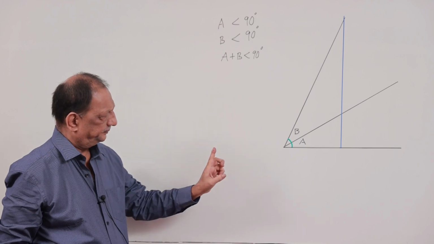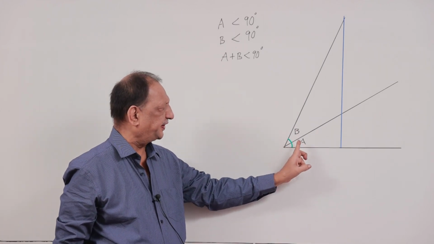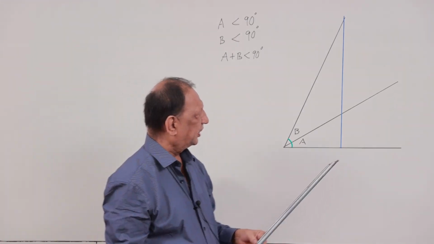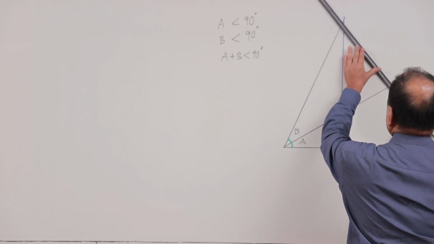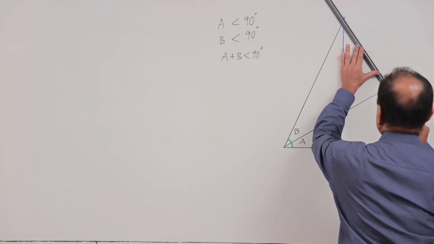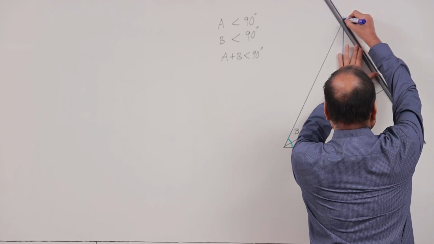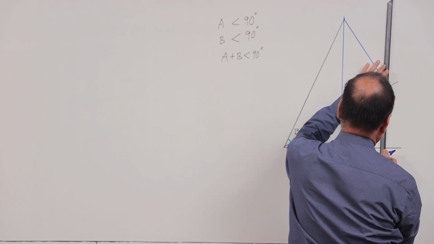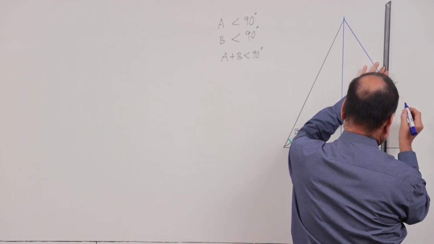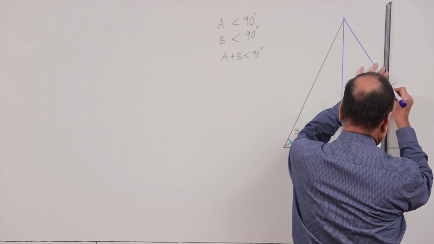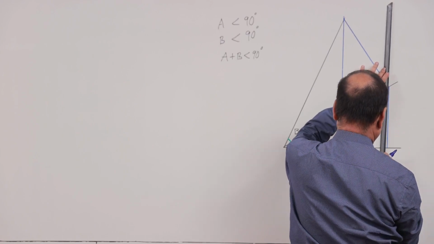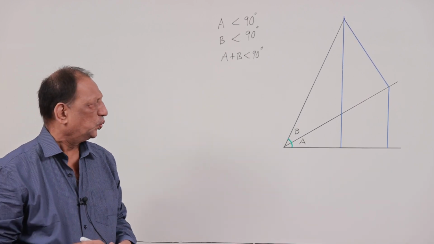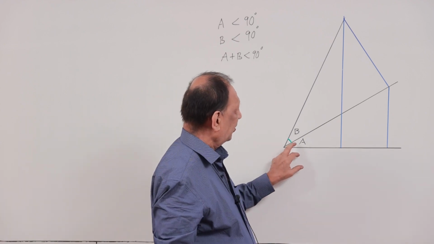We will also need the trigonometric functions of A as well as B, because that is what we want to find out as an end result. So we will also drop a perpendicular to this side line from the top and another perpendicular back to the original line. I am constructing enough right angles here basically, so that we can look at trigonometric functions of A,